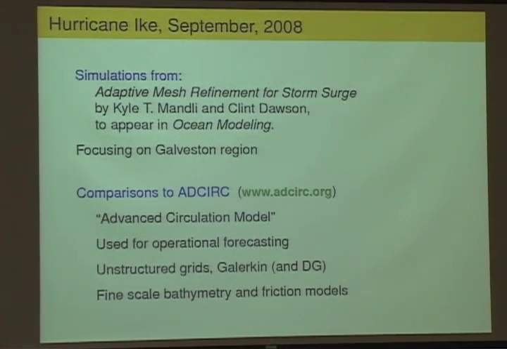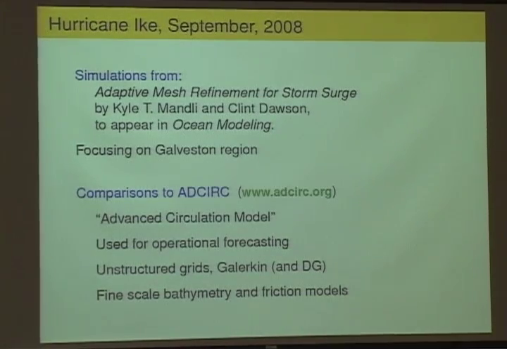And so the adaptive mesh refinement, I would say, is one of these big advances. And I wanted to show one more example of the impact that the adaptive mesh refinement can have. This is some very recent work by Kyle Manley and Clint Dawson, where they did some comparisons of the GeoClaw model that Kyle's been working on with the ADCIRC model, which is a code that's been very extensively developed that does discontinuous Galerkin methods. Well, I think they use the continuous Galerkin method version. They're developing a discontinuous Galerkin version.